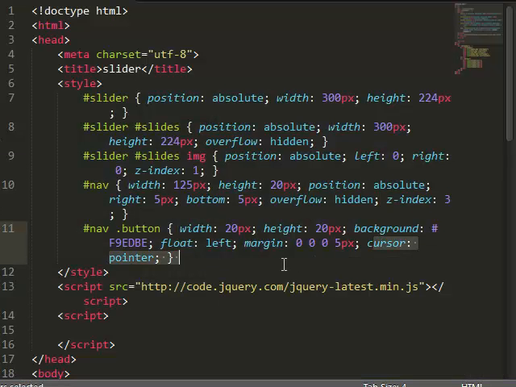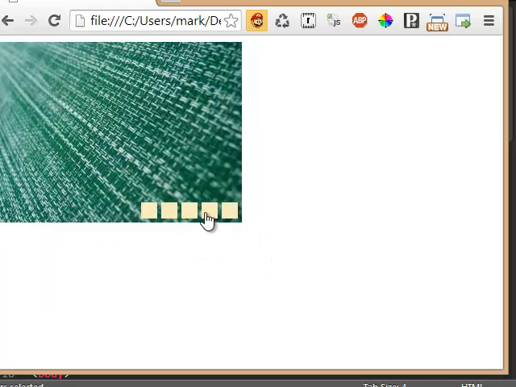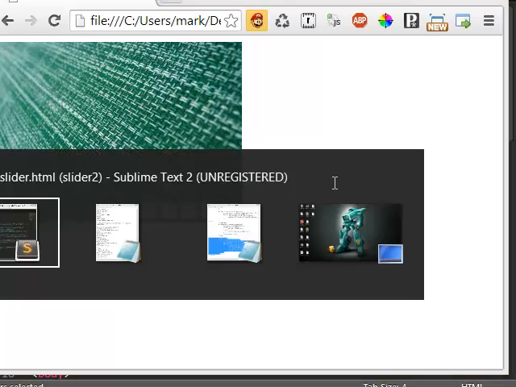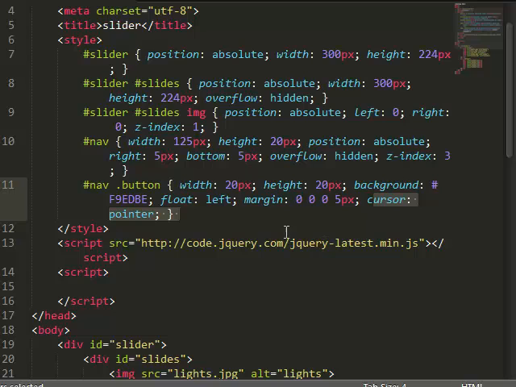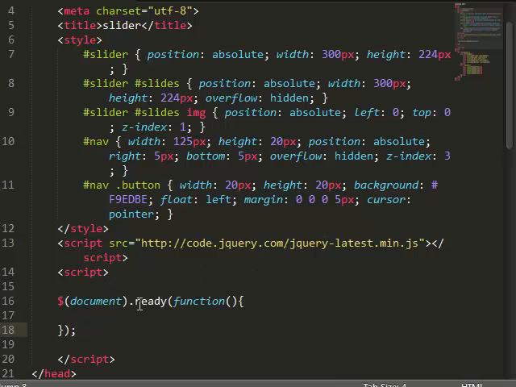Also, this cursor pointer is new. That just gives this little pointy hand. It just makes it look like a link because they're not actual links, they're just divs. Okay, we have our jQuery link in there. Let's add our blank script, and let's add our document ready call. Okay, so how we're